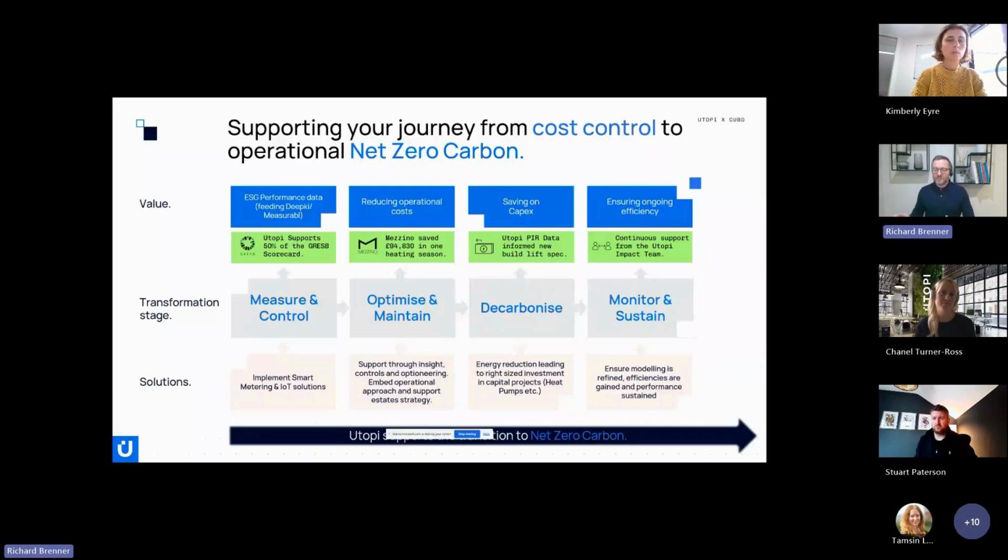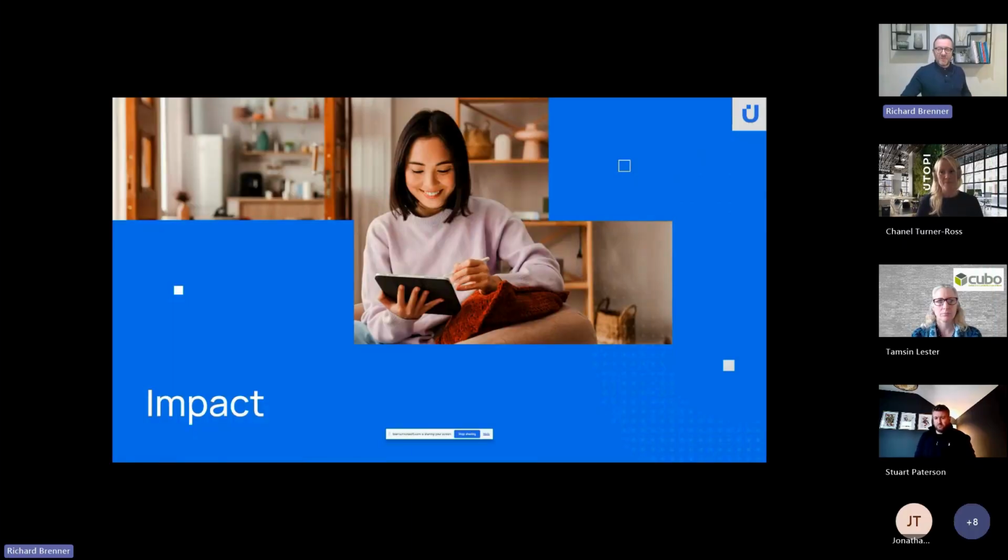And then going forward, it's about having the platform ensuring that once those changes are made, it's constantly refining them and ensuring that all the benefit that has been reached and realized upstream is maintained and sustained on an ongoing basis. But I think it'd be really useful just to pass over and bring Stuart into the conversation around the impact, what does it actually achieve? So yeah, Stuart, over to yourself.